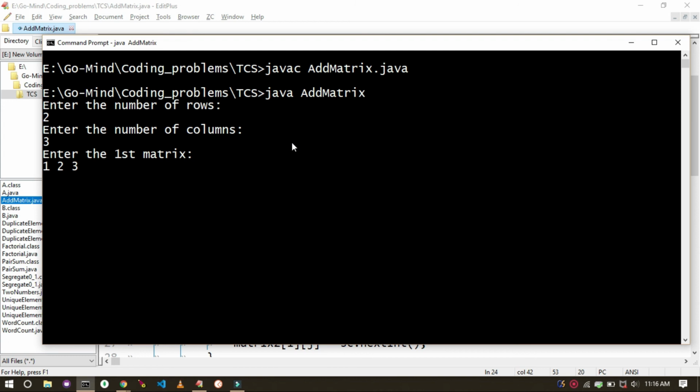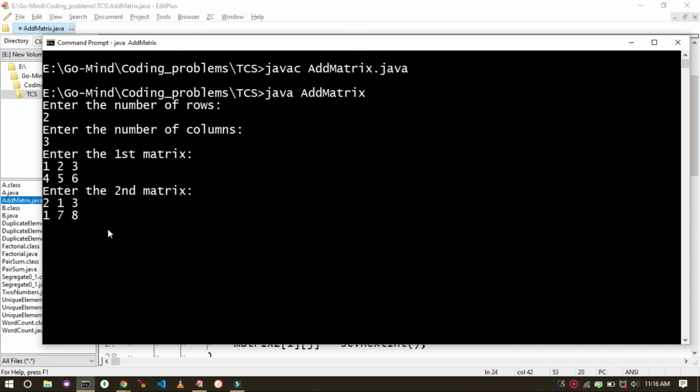And the second row 4, 5, 6. And now the second matrix 2, 1, 3 and 1, 7, 8. Our output should be 3, 3, 6 and 5, 12, 14.